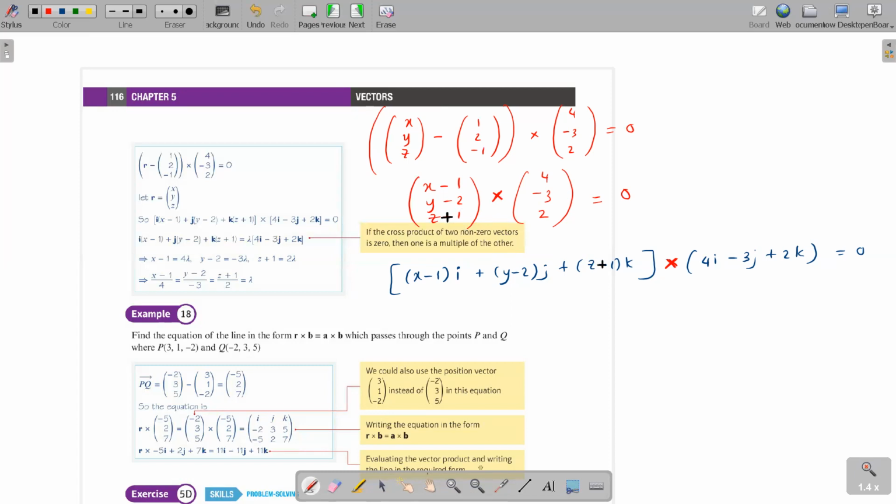Children, tell me, when does the cross product become equal to 0? This is really important. This is a part that is tested in the exam. Can you all please tell me, when does the cross product become 0? We discussed this at the very beginning of the lesson. We discussed both instances: the instance when the dot product becomes 0 and the instance when the cross product becomes 0.